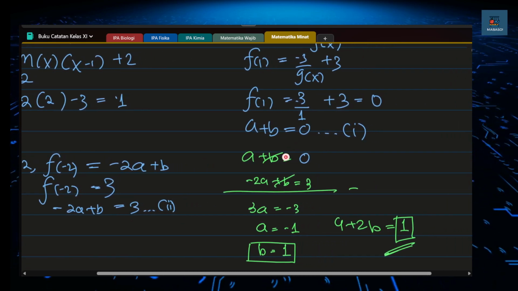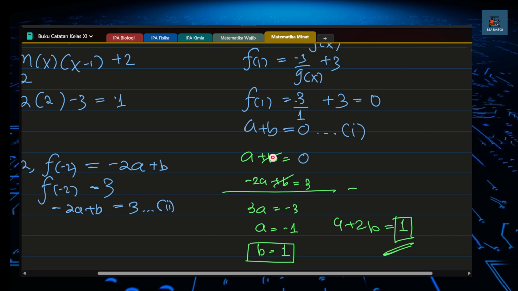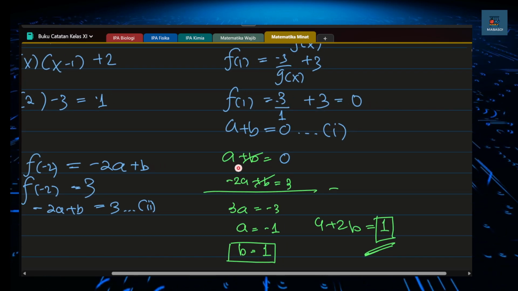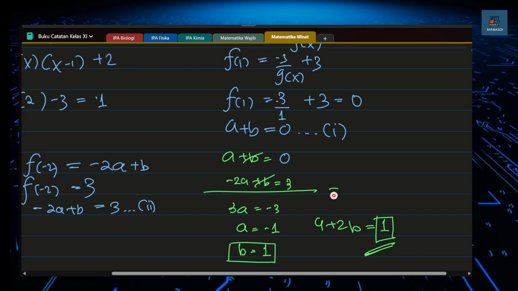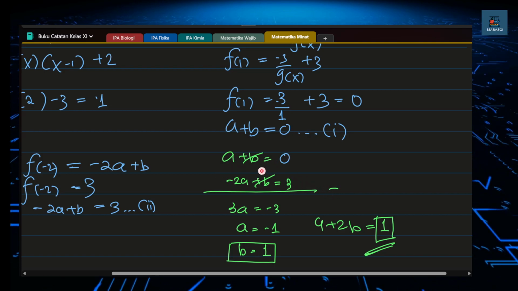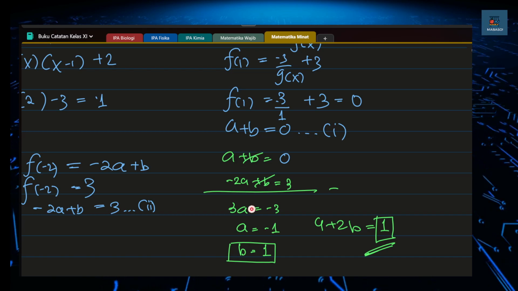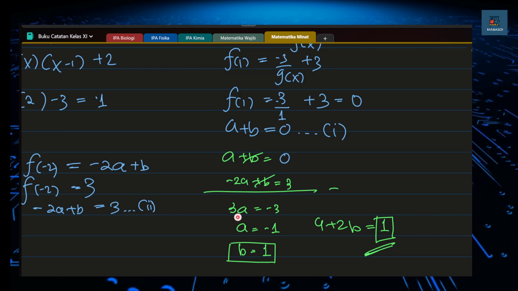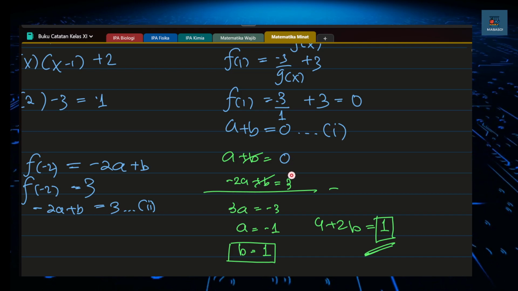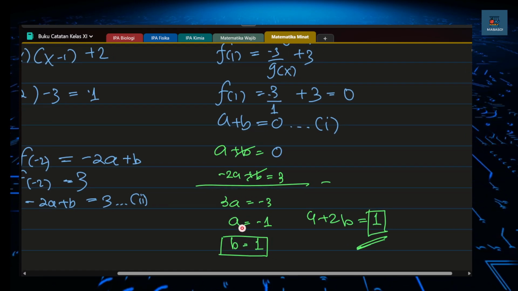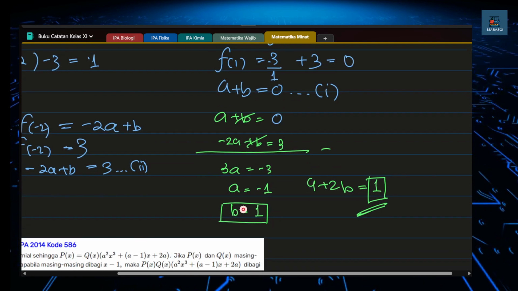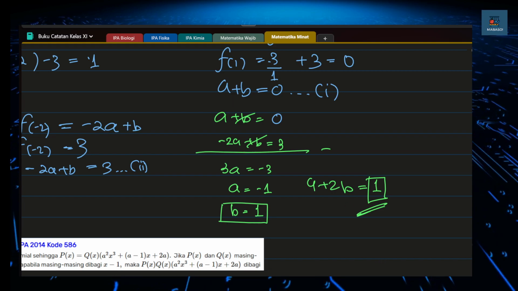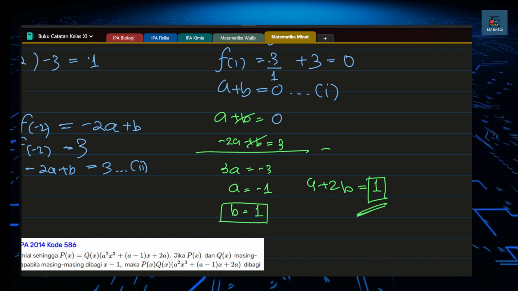Okay, we have a system of linear equations with two variables, and we have two equations. Therefore, we could find a and b. We could do some elimination here. We could subtract both equations, and the b term would cancel out. So a plus 2a is 3a, 0 minus 3 equals minus 3, so a equals minus 1. You could find the value of b is equal to 1, and therefore a plus 2b is equal to 1. I think that's all